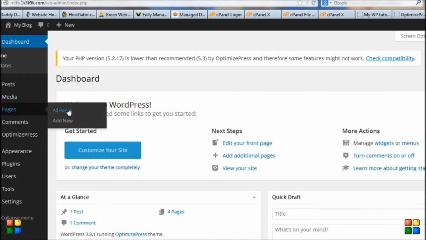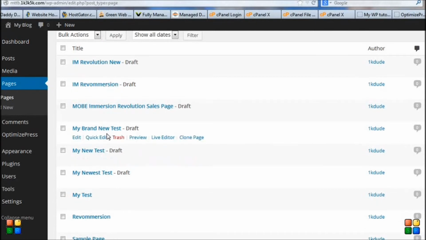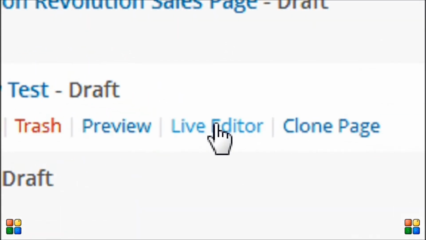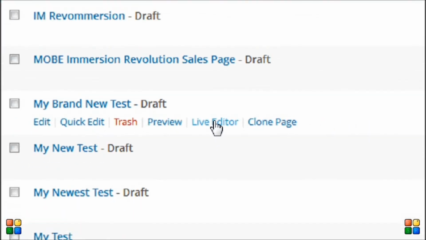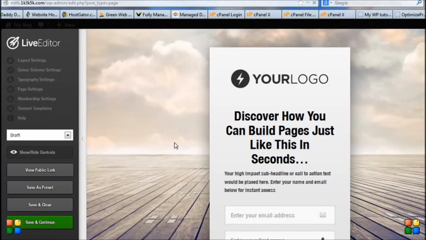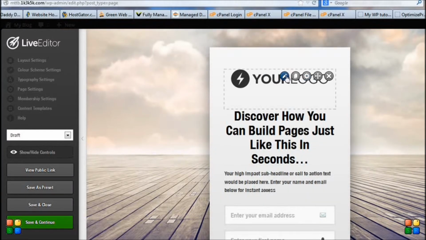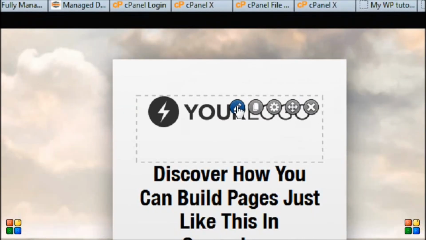We come to pages, we click on all pages, and then here's my brand new test where we were creating a squeeze page. Now you click on the live editor. That is going to take you to the OptimizePress WYSIWYG editor. So we click on that, it loads, and look at that. Boom. You can come up here, you press the pencil button,